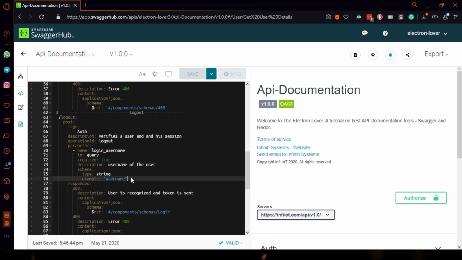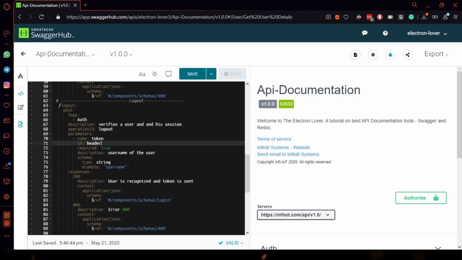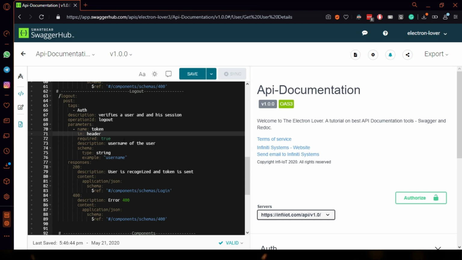We will require only one parameter for logout, which will be token, and this token will be in header of the payload, and yes, it will be required. The description would be user's token.